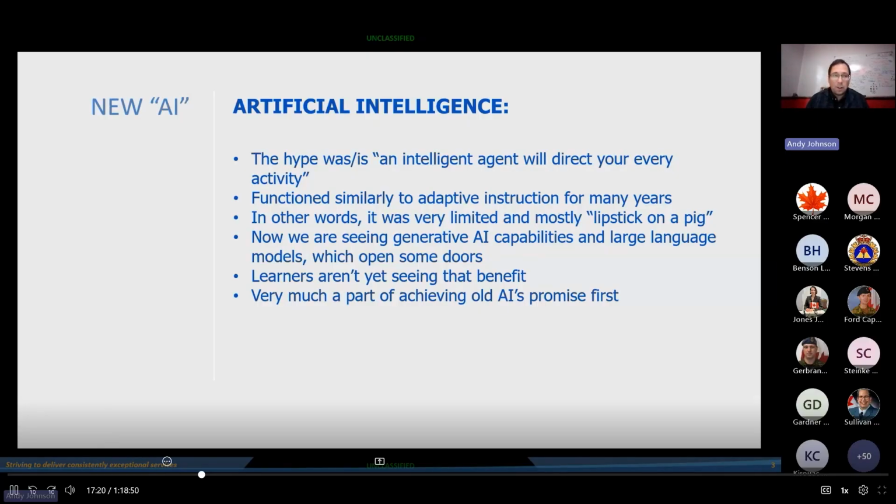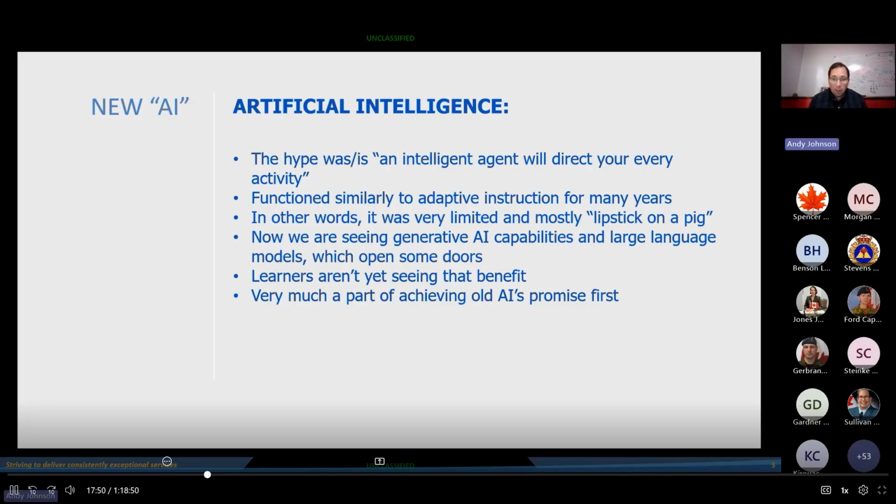But it was always really limited, and to some point it's still lipstick on a pig, where at its core it's just making algorithmic decisions. We're not really seeing anything yet that indicates that a machine is learning from your habits. It's still more just pulling in data, pulling in calendars for scheduling type of things. And from an individual perspective, we have not seen this transformation yet, but there are exciting things in AI that